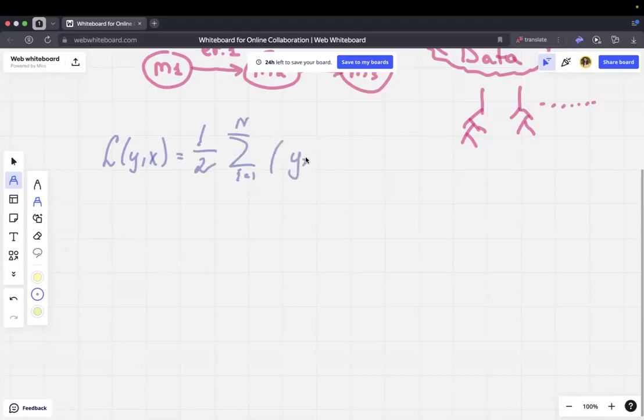So you have a target and you have some prediction from your model. And you want to minimize this function because you want the error between targets and your prediction to be minimal. So let's build some composition